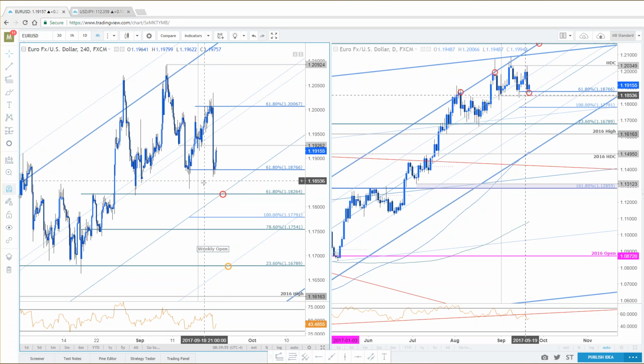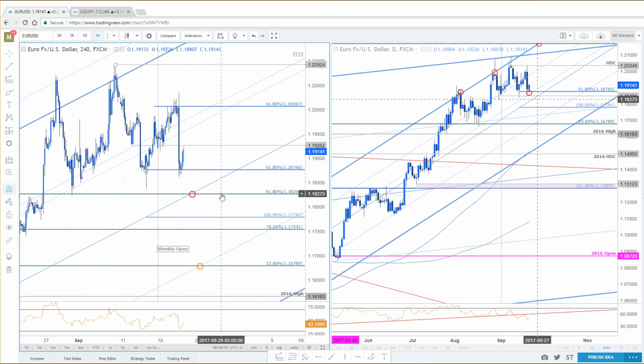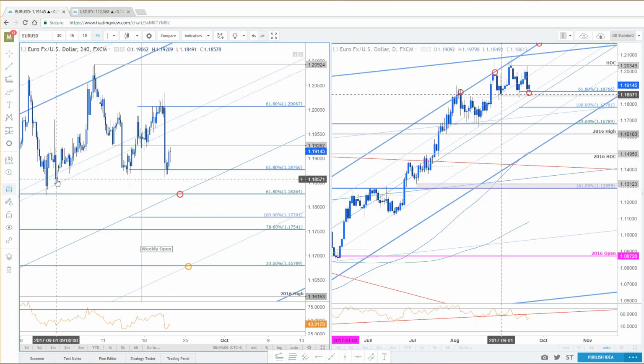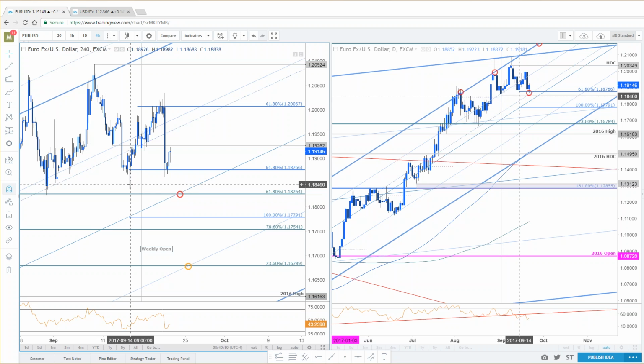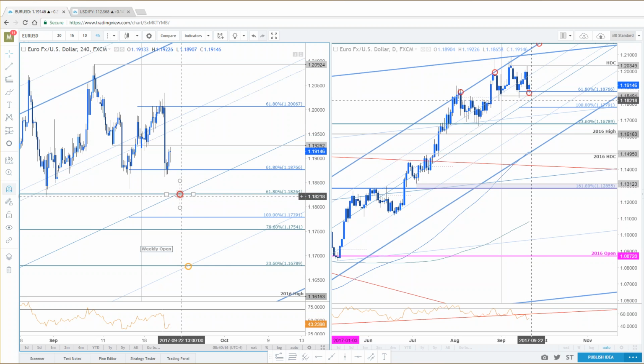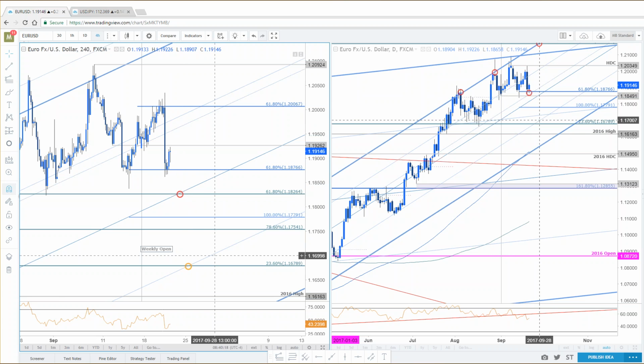Also keep in mind that if we do clear this level, and why I think you run into a little bit more of a problem here, is it's the objective monthly opening range low. Here's your September open, here's your September low. You made a high, you tested the low, it held, you failed again to make a run at the high. Once you break down below that level, that opens us up basically into the end of September of seeing further weakness, if that were the case.